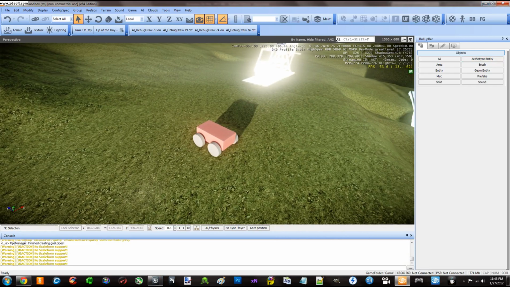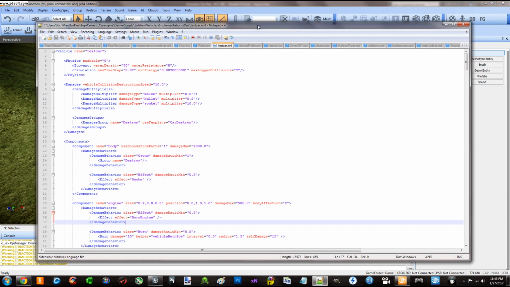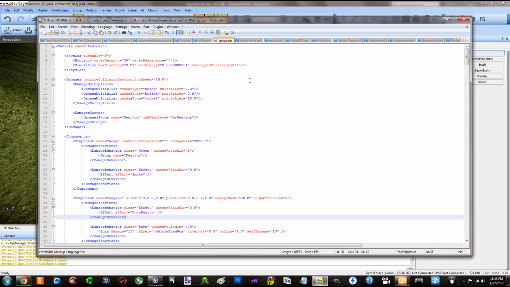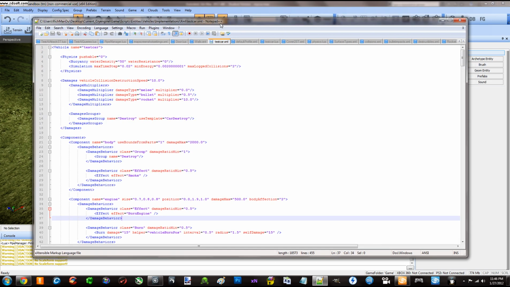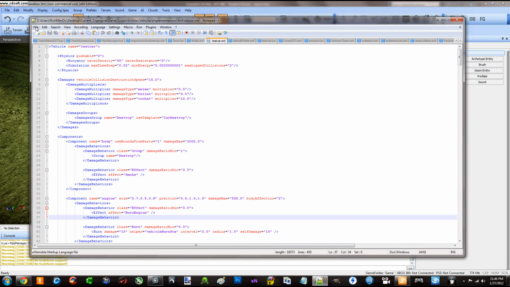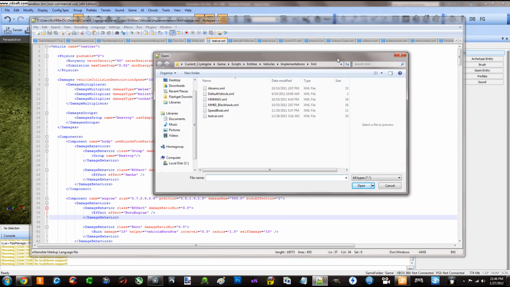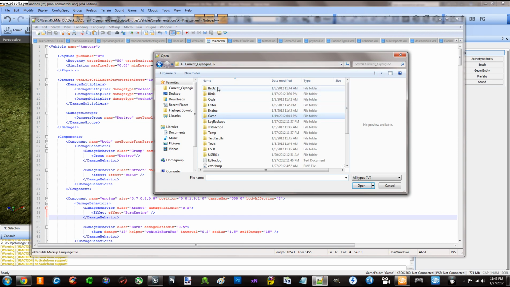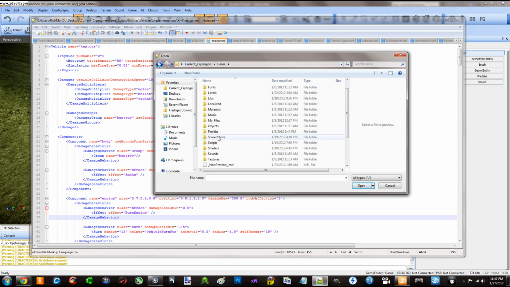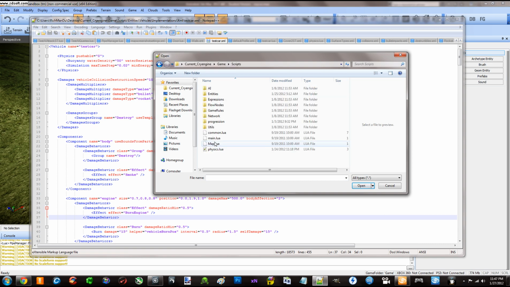Okay. I'm opening up Notepad++, like I recommended in some of my tutorials. I highly recommend that you do it as well. Very simple and easy. So file, open. We're going to open up something for the vehicles, and this is located in, let's go to the current build here, bin32, bin64 code. Let's go into the game, scripts, entities,